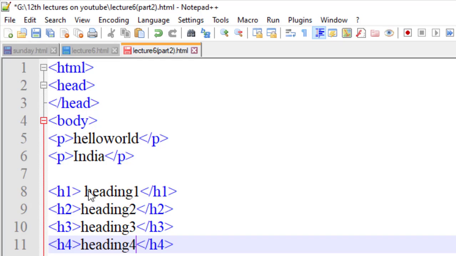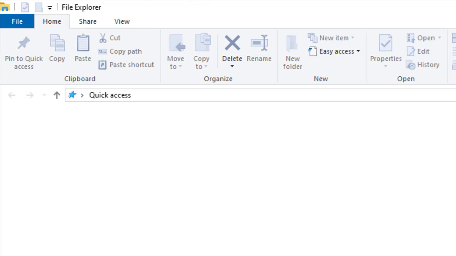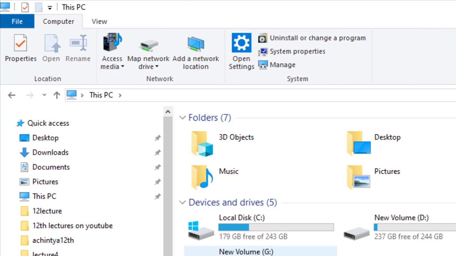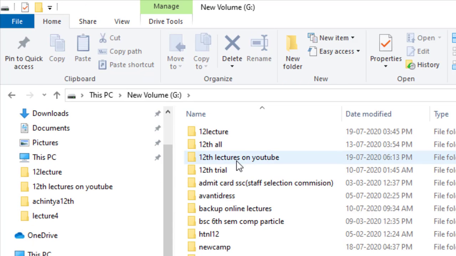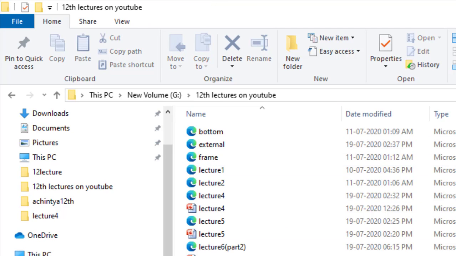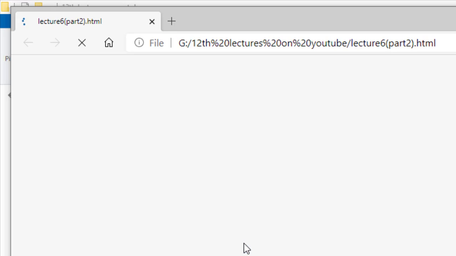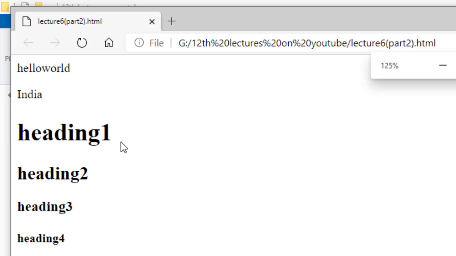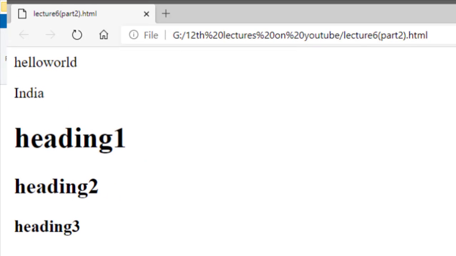Okay, just save it. Now run it. You can see heading 1, heading 2, heading 3. Just maximize this.